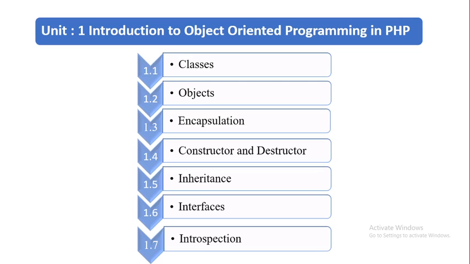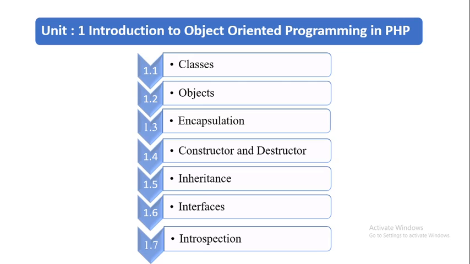Then in the class we can declare member variables. These are the variables defined inside a class. This data will be invisible to the outside of the class and can be accessed via member functions. These variables are called attributes of the object once an object is created. Then member function or method. These are the functions defined inside a class and are used to access the object data.